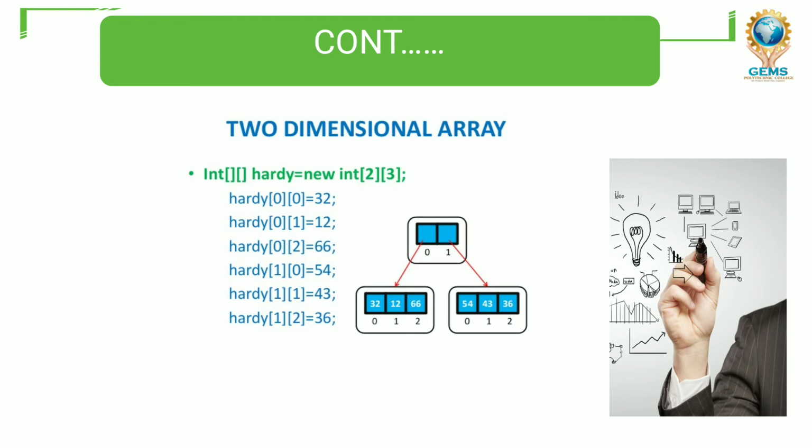Till now I talked about the one-dimensional or single dimensional array. Now I am going to talk about the two-dimensional array. What is the difference between a one-dimensional array and a two-dimensional array? Nothing but the number of columns and number of rows. In a single dimensional array, we will have only one row or one column. But in a two-dimensional or multi-dimensional array, it is not like that. Here, we get more than one column and more than one row. That's why this is called a multi-dimensional or two-dimensional array.